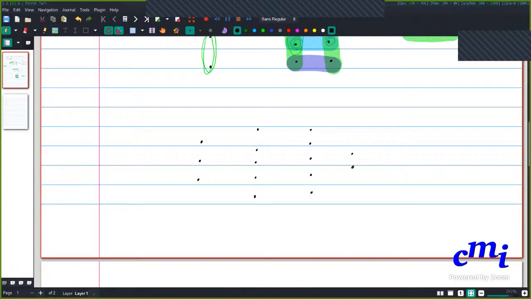Let's say something like this. Now let's say that we decide we're going to abstract away this group of neurons that we are comfortable with abstracting away. This is another group of neurons that we're comfortable abstracting away.